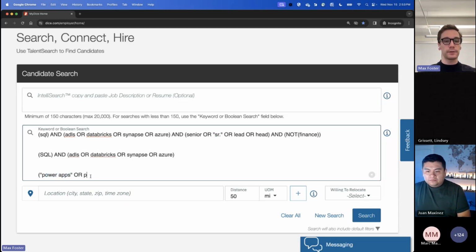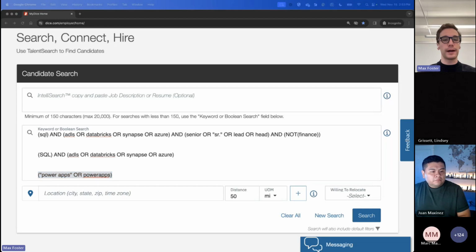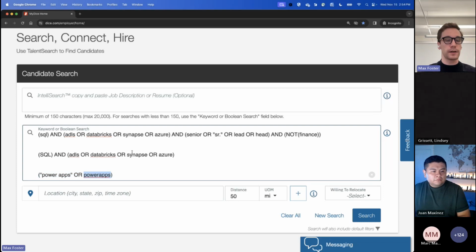Now, Mark, one thing that I would suggest is oftentimes whenever you see kind of like a conjunctive word like this, I don't even know if that's the right way to describe that, I always rip it apart and I always type it in like this. So two ways, Power Apps with a space or PowerApps no space. Now notice here on the second one, I don't have quotes around it because there's no need to put quotes because there's no space in the middle. Am I answering your question? Yep, I think that makes sense. Kind of throw it both ways. Okay, so it could catch it, right? But you have to write it separately in order to do so, right?